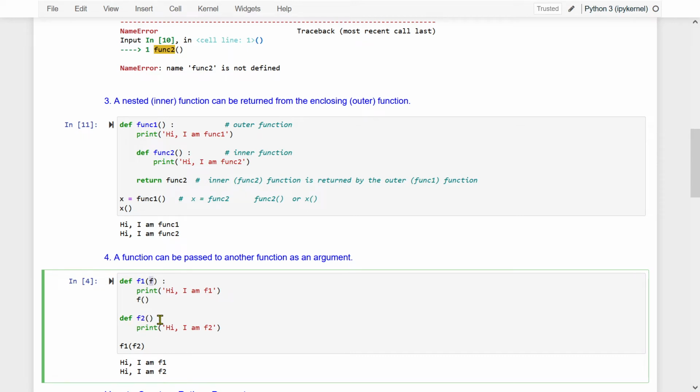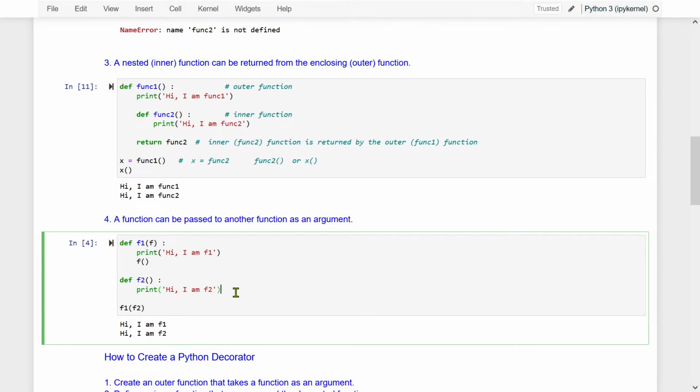So I have defined f2, print hi I am f2. That is another function. So you have two functions. The difference between them is that this function is not accepting any argument, but this function is accepting an argument, and that argument has to be a function because I am writing f parenthesis,